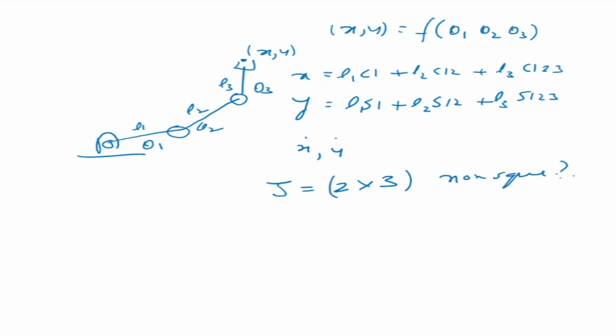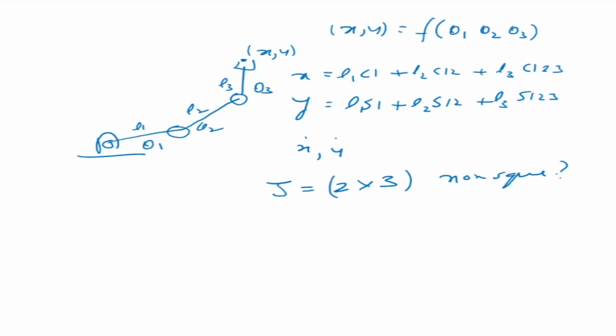This is something we'll need to look at because these are called redundant systems. We'll look at what happens to this concept of inverse when your matrix is non-square. Subsequently we'll be looking at redundant manipulators and hyperredundant manipulators. In those cases, we need to look a little bit into matrix inversion. What is the inverse of a non-square matrix? How do you find that?